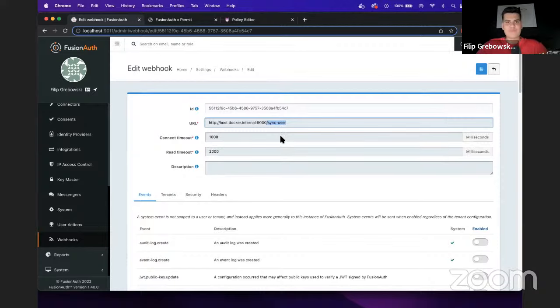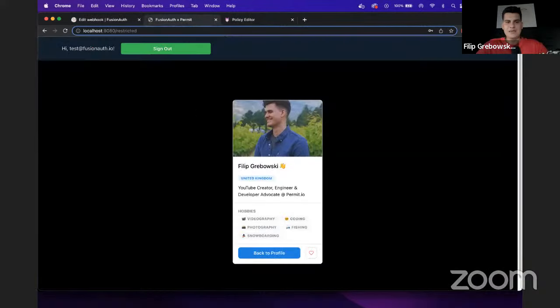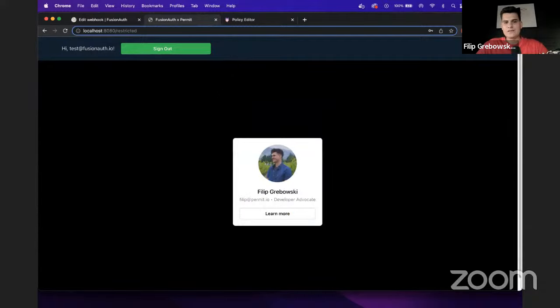But before I jump right into it, I want to go back into my application, and I want to show you how adjusting policies within Permit works and how quickly it adjusts the content. So when we're checking for permissions within the system, we're checking for permissions that configure and change the way we see things on the front end, but also give us permissions on the things that we can do within the backend.